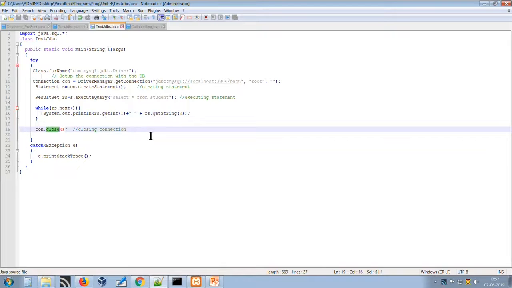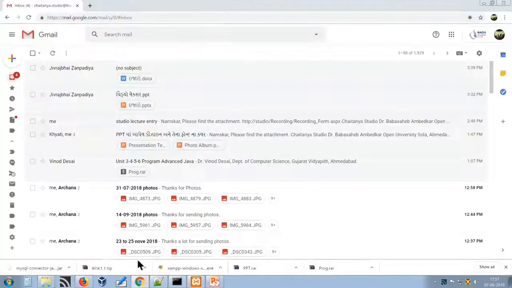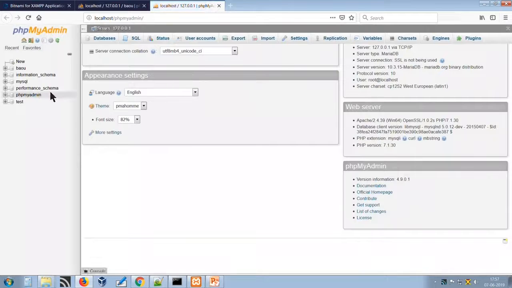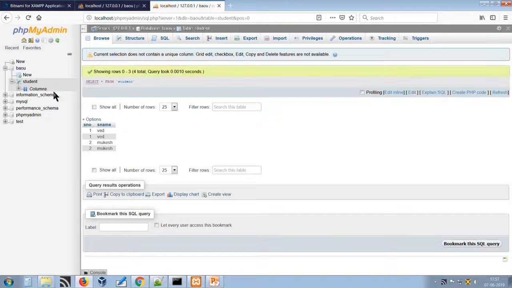So this is all about the Java application where we have created a JDBC connection. But at the opposite end, see in the database what we have done. This is MySQL. Here we have created this database BAOU. Under this BAOU database, we have a table named student. Under students, we have two fields, S number and S name, and under S number we have 4 records, including duplicate records we inserted for testing purposes.